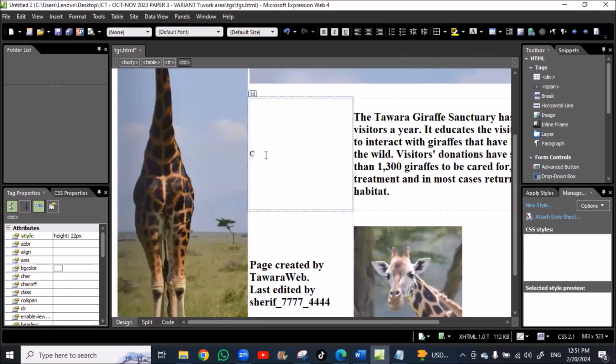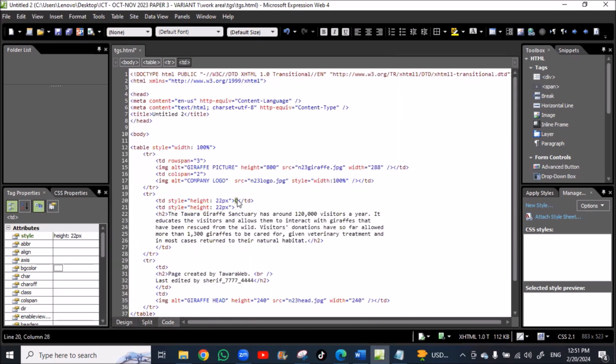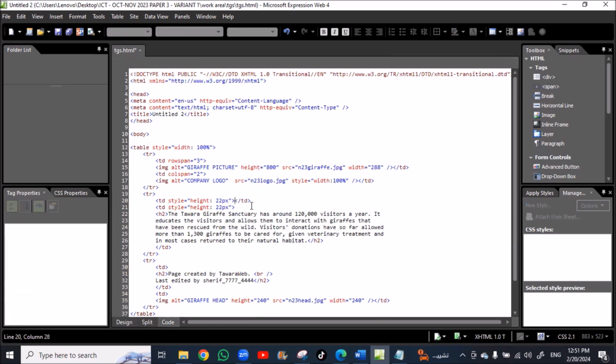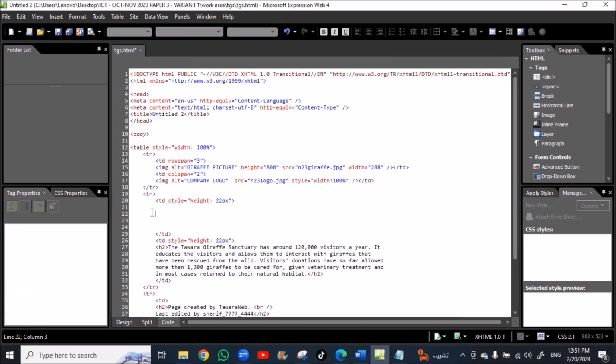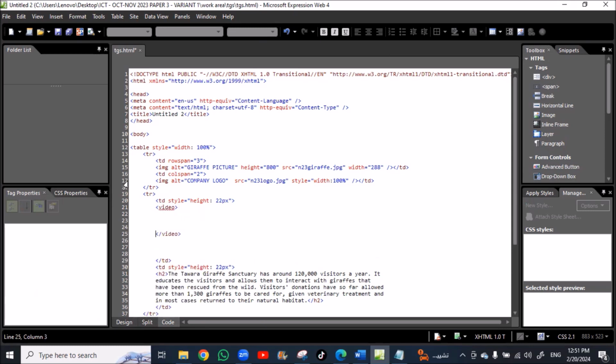So we'll go to C. Let's go to the code. This is the C. Remove this C, and here we need to write the code for the video. So I write the tag video. Okay. In this video tag, I write the source code.